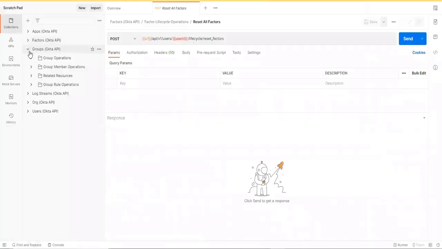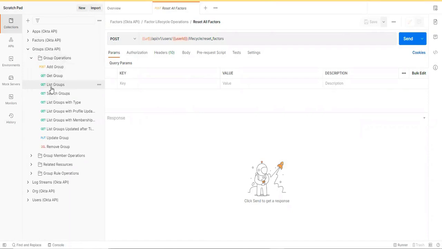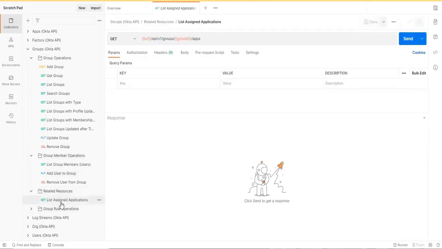Now let's discuss the group one. For groups we have different operations, like group operations, which is getting the list of groups, adding a user to the group. Group membership operations will give you an in-depth view of what the membership of that group has. If you want to add a user to the group membership, you can do it. If you want to remove a group membership, you can do it from here, and the related list of assigned applications.